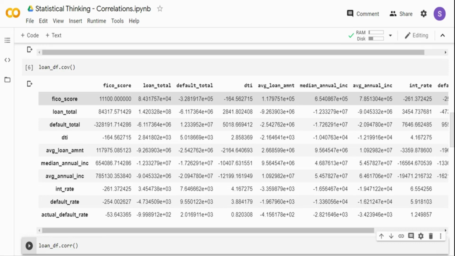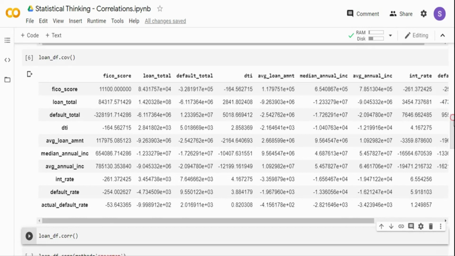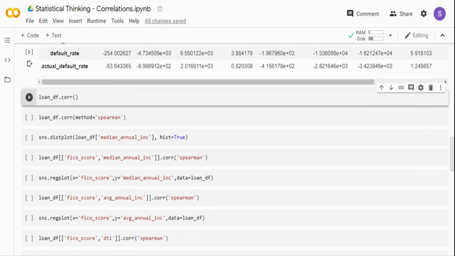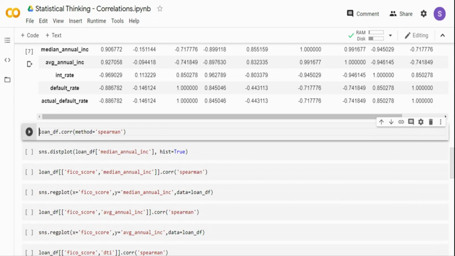As I said, it's between negative infinity and positive infinity. Based on this, you know there is a positive relationship. Or if you take the FICO score to maybe the DTI, that's a negative relationship. It shows -164, but it does not really give you the strength of the relationship, and that's where the correlation comes into play. Correlation is a pretty good measure to understand the strength of the relationship.